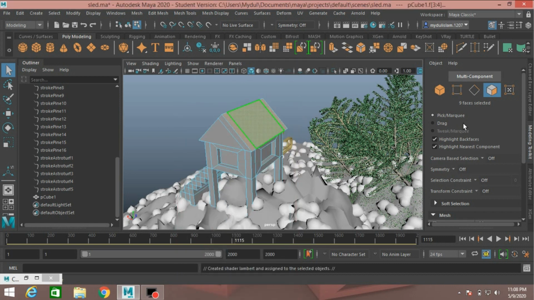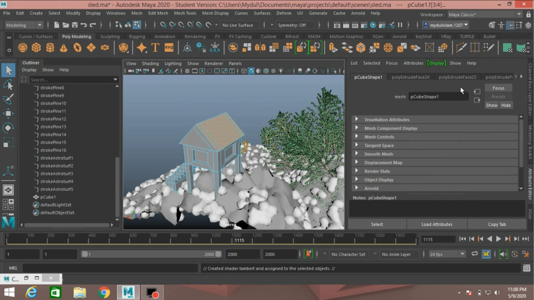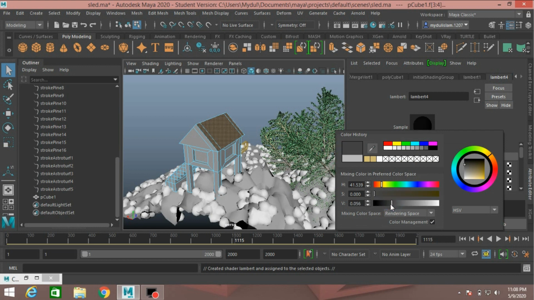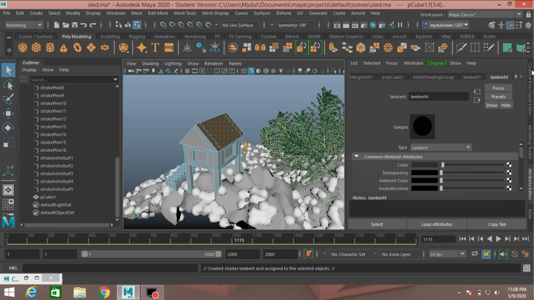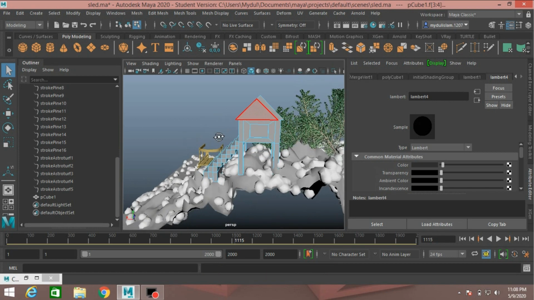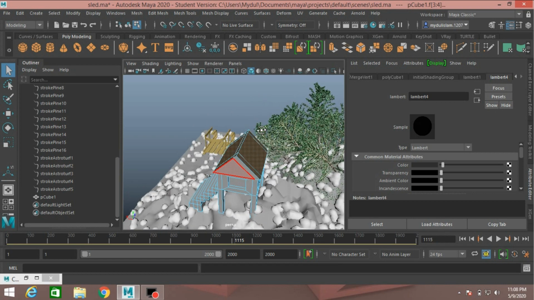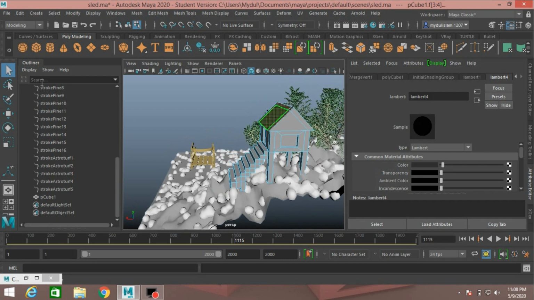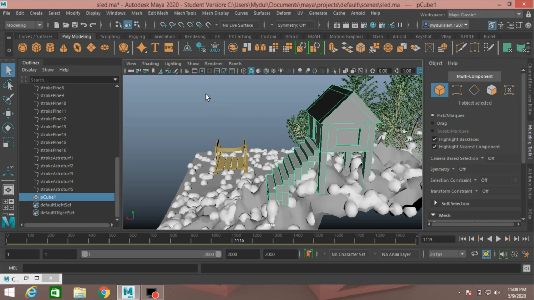Select Lambert. Change the Lambert color to black. Go to object mode.